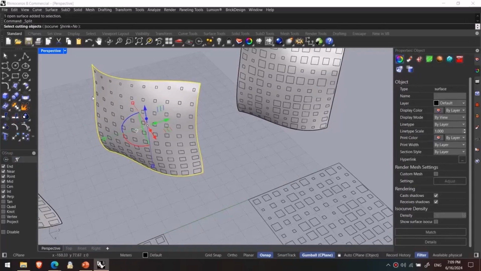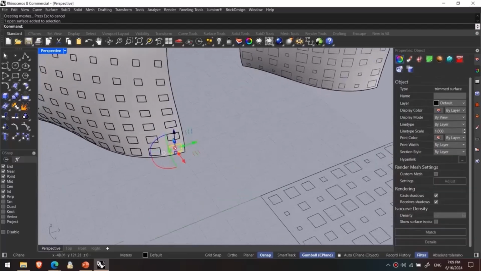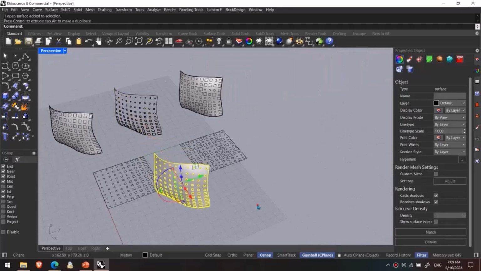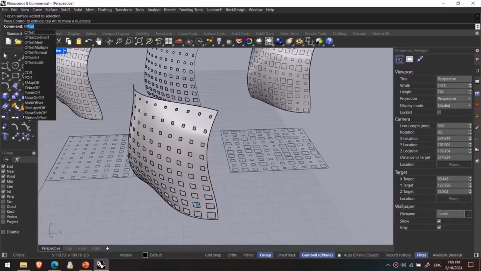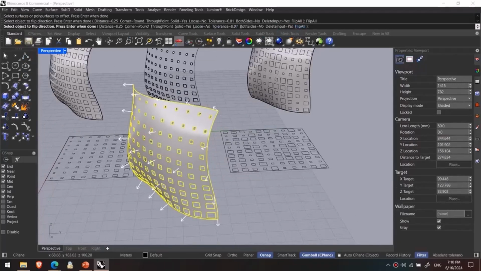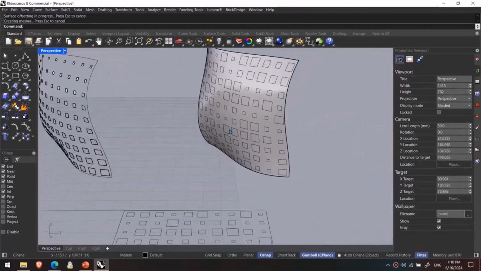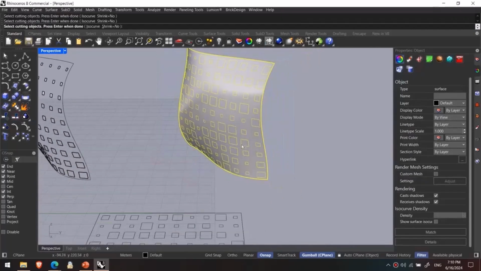And after applying them, I can select the surface, choosing split, then selecting the patterns, then cutting the surface. Look, I can select the surfaces or the panels, delete them, or move the surface. Look, and if we wanted to extrude them, we can use offset surface toward outside, not 0.5 for the offset, like this way. Or I can select the surface, split, selecting the patterns or the rectangles,